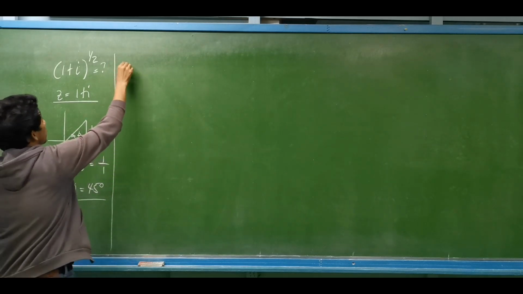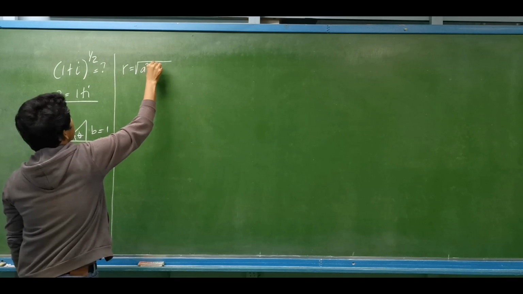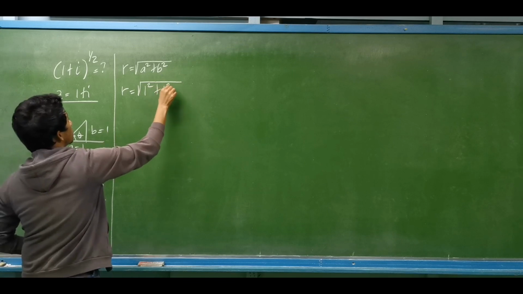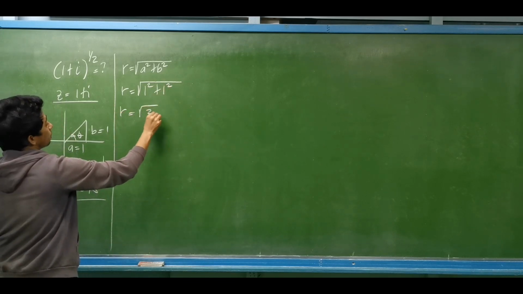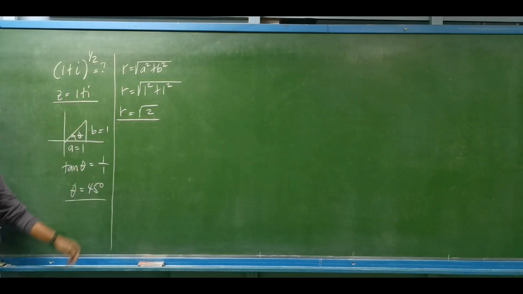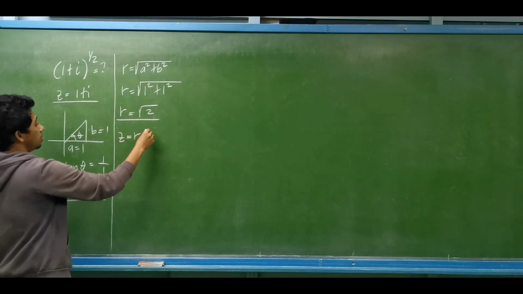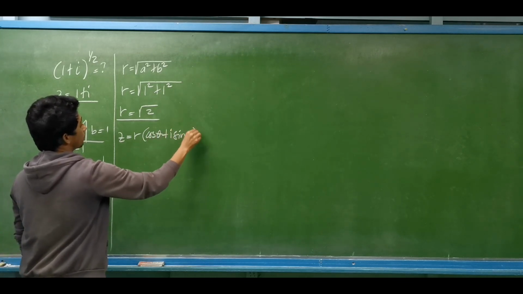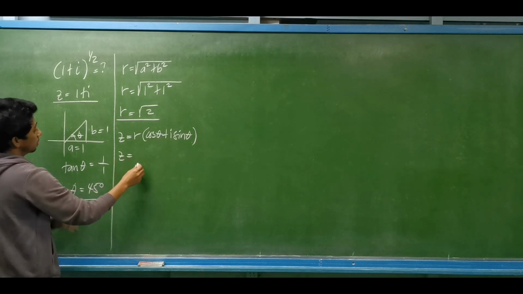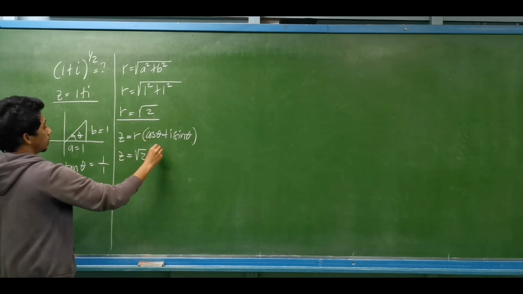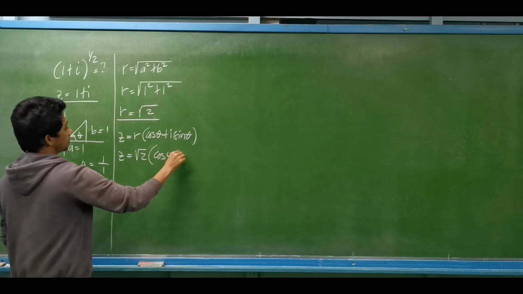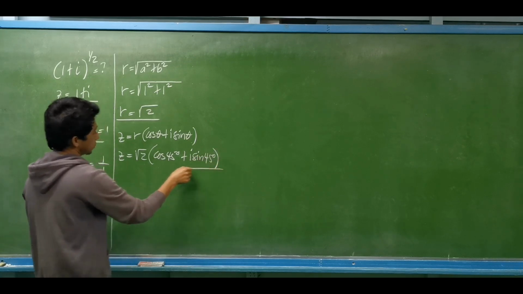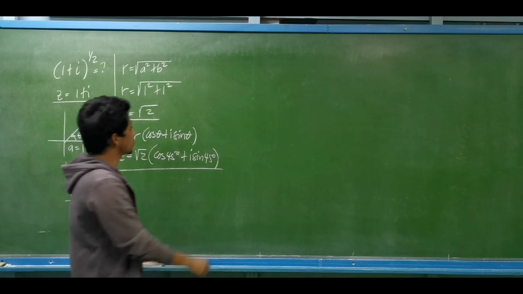Then for the modulus, we have r is equal to the square root of a squared plus b squared. We have r is equal to the square root of 1 squared plus 1 squared. Modulus is equal to the square root of 2. So if you have to convert this one to polar form, we have the value of z is equal to r multiplied by cosine of theta plus i sine of theta. We have z equal to the square root of 2 multiplied by cosine of 45 degrees plus i sine of 45 degrees. That is the polar form. Now if you are to determine the square root,